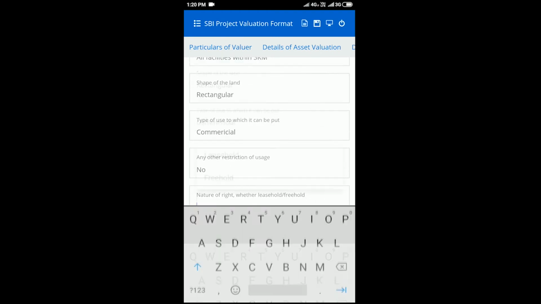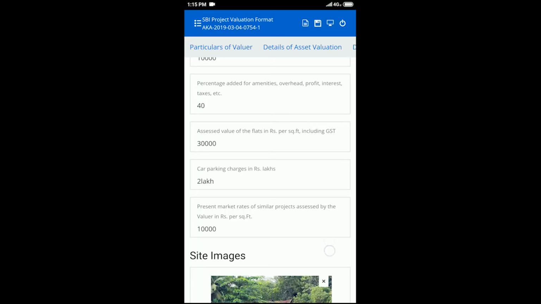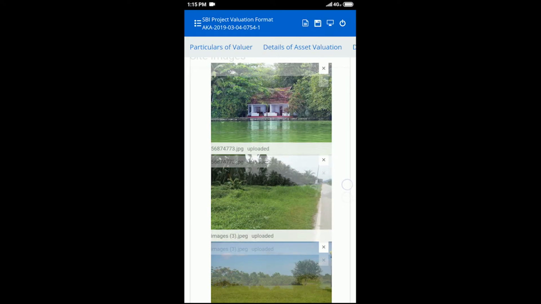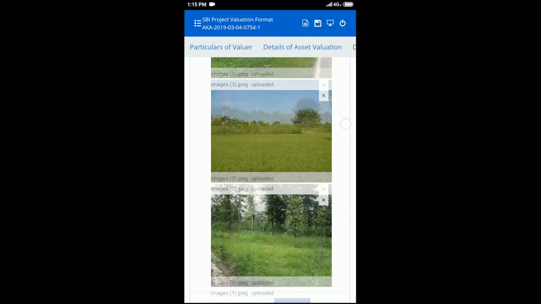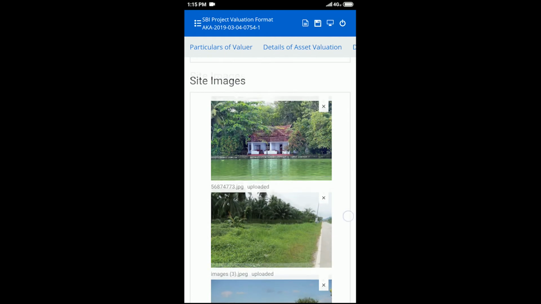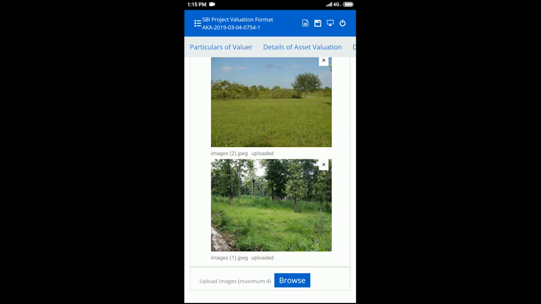Also, you can take photos using your mobile camera and upload them in the app. Once you have completed the site visit, click on the Save button on the top of the screen to save the report to the server.